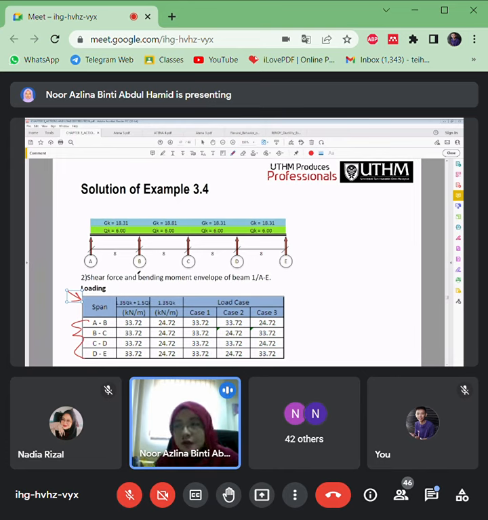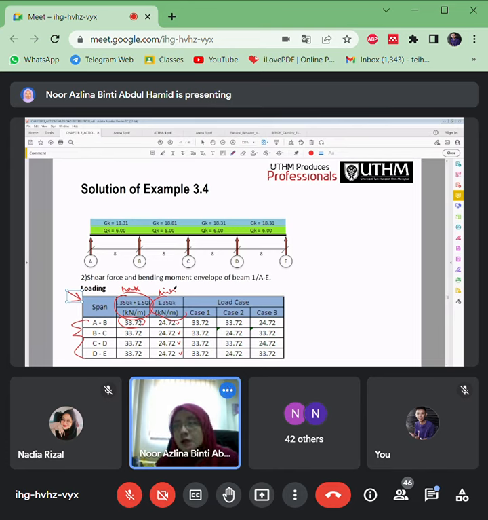Okay, span AB, BC up to DE. So what's the value once we calculate the maximum load here? For the maximum, it will be 33.72, which is considered for the GK and QK. If we calculate for the minimum, it will be 24.72, the value for the minimum slot. The value for the maximum slot is